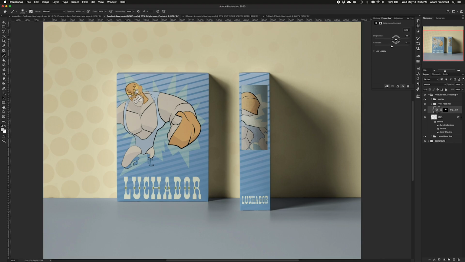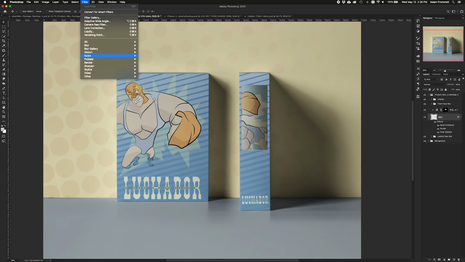And if I take that down so that it's just nice and subtle in there, somewhere around here, 23, and then flip it off and on, you can see how that gives me a nice little highlight that matches my lighting. I could, if I really wanted, take this layer and add just a little bit of noise,